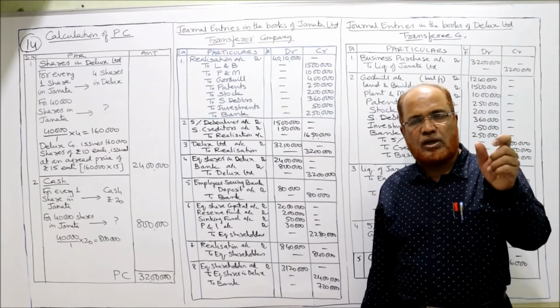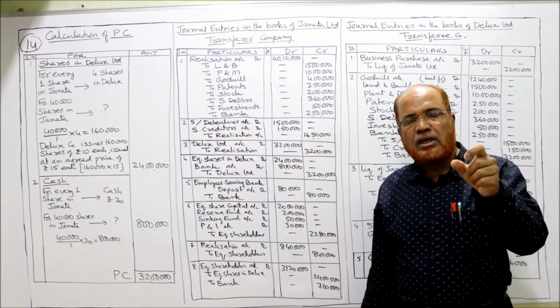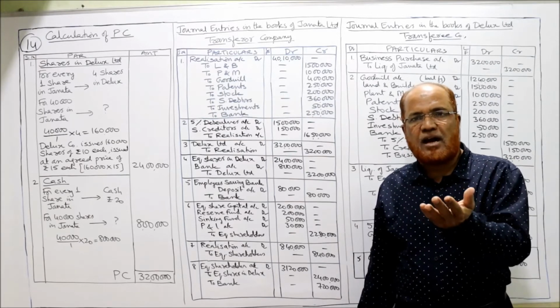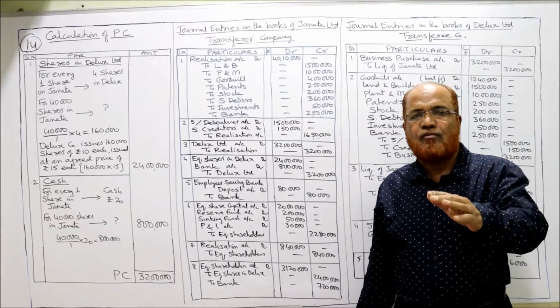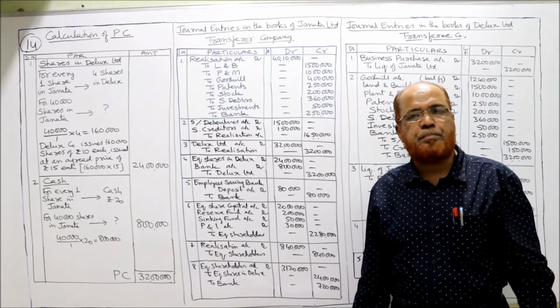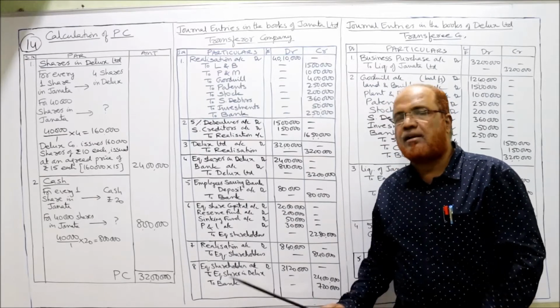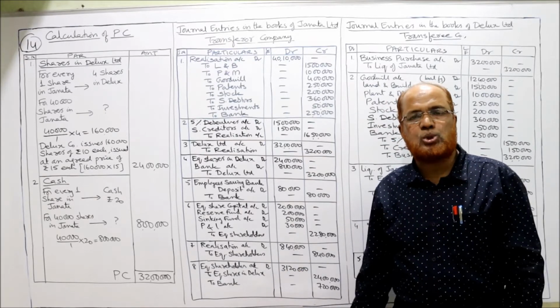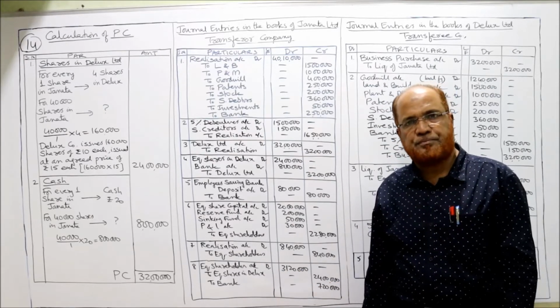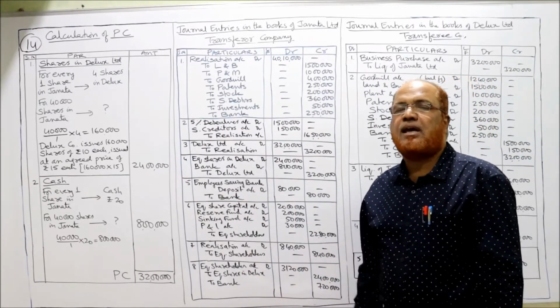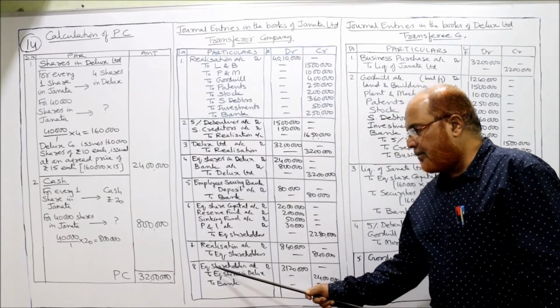So equity shareholders account debit to equity shares in Deluxe Limited to bank. That is, the purchase consideration that came, we have paid that purchase consideration. To whom will we pay? To equity shareholders. By passing this entry, all the accounts will get closed. Company closed, finished. Now the equity shares that came, 24 lakh rupees of equity shares came, so equity shareholders